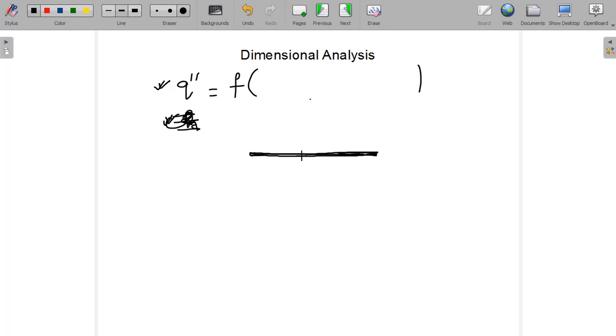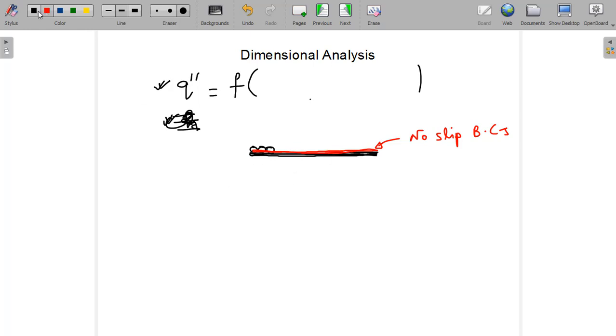Now the layer which is in direct contact with the solid surface is a layer which is at rest. If the solid surface, or this hot plate, is at rest, then this layer is also at rest, and this is the no slip boundary condition that we know. Because of the no slip boundary condition, this layer is at rest.